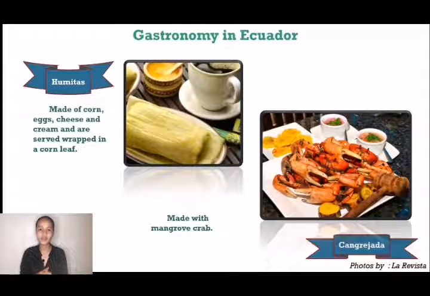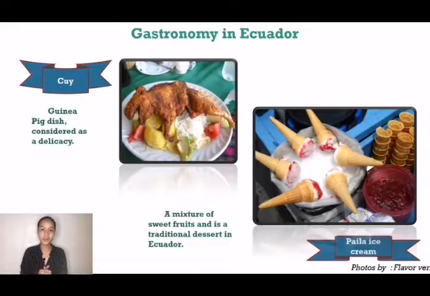Cangrejada. Seafood is very popular in Ecuador, which could explain why cangrejada is such a common Ecuadorian lunch dish. Cangrejada is a dish made with red mangrove crab that is popular in the coastal regions. Cuy.